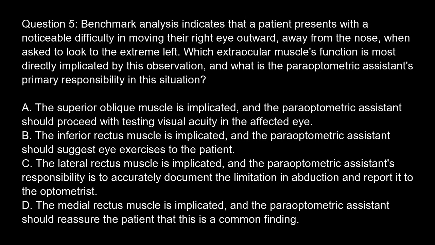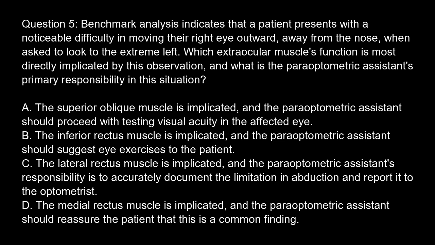Question 5. Benchmark analysis indicates that a patient presents with a noticeable difficulty in moving their right eye outward, away from the nose, when asked to look to the extreme left. Which extraocular muscle's function is most directly implicated by this observation, and what is the paraoptometric assistant's primary responsibility in this situation? Option A. The superior oblique muscle is implicated, and the paraoptometric assistant should proceed with testing visual acuity